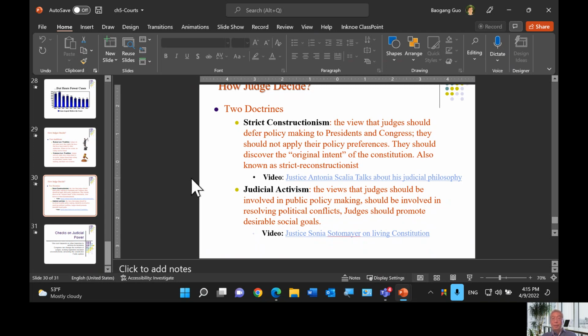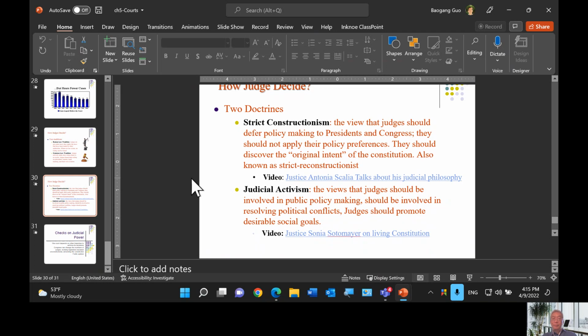So whenever there's any doubt about the meaning of the Constitution or any particular law, the judge's responsibility is to go back and read the legal documents from that time and the laws made, and to discover the original intent of the Constitution or that law.